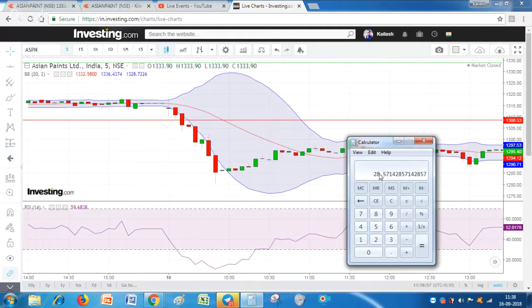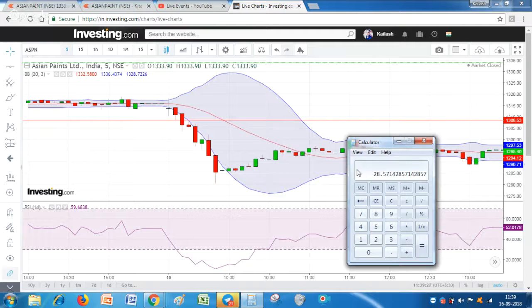So don't ever think that since it is 28.57, we should take 30 quantity. No, maintain discipline, friends. This is called discipline. Okay, we can take 30 quantity, it doesn't matter, but the main thing is we should be disciplined. If we decided that we will not take more than 2% risk, we should stick to that discipline. Because if you are not disciplined, one day you will make a mistake and take 30 quantity, next day you will take even 50 quantity.